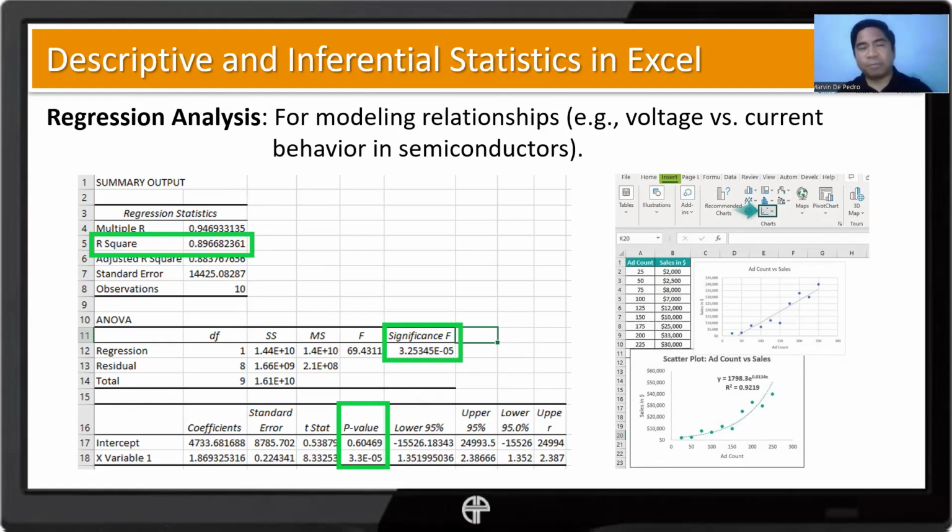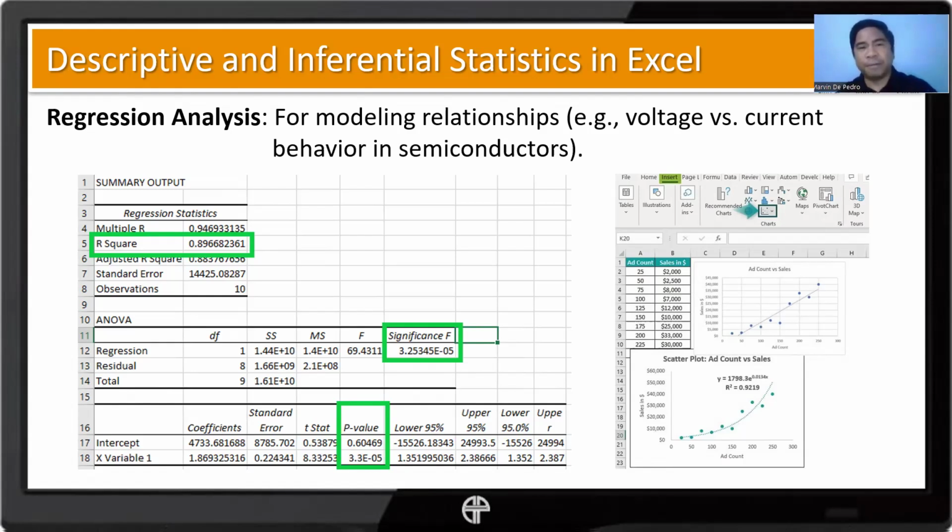Okay, so the ideal value is 1, but we have such a thing as overfitting. Sometimes it's nice to have something like this: 0.8966 could be good enough already.